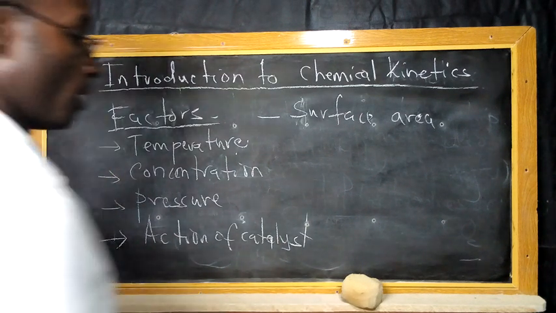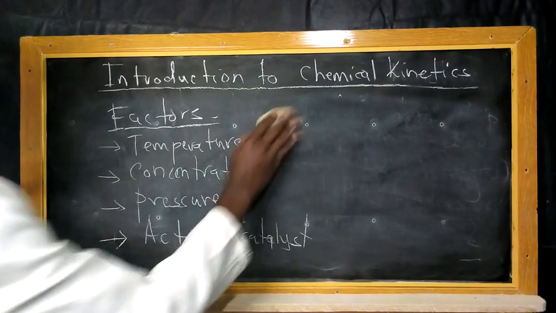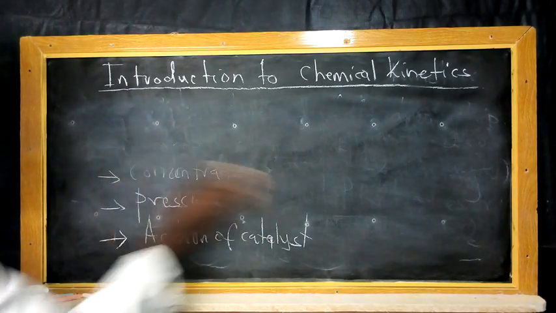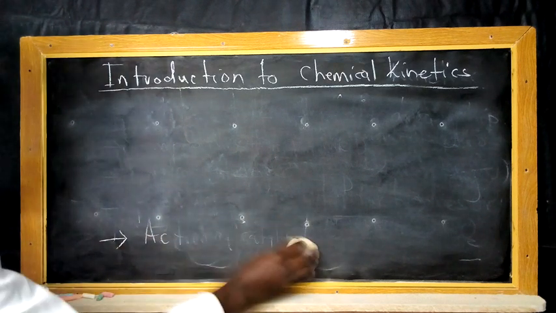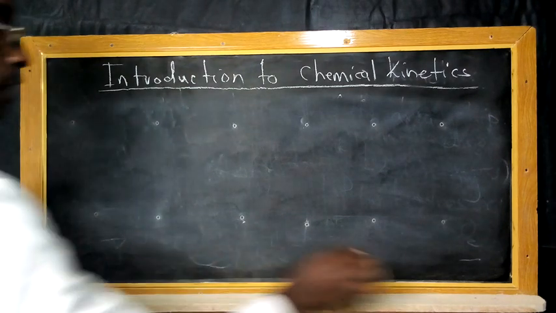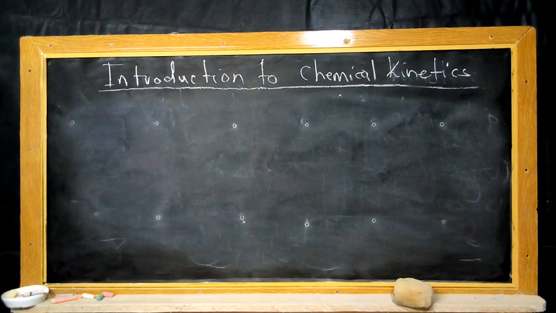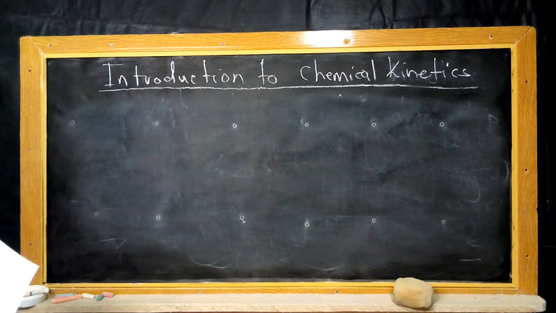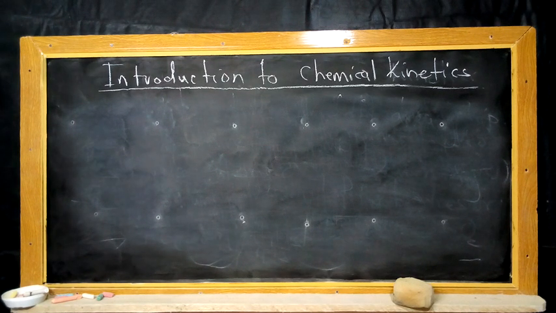And of course, as we have talked about, we mentioned an aspect of reaction mechanism, and we said that this is the step-by-step or elementary reactions which take place in order to form products. So chemical kinetics is going to give us a clue on why it is important to look at reaction mechanisms. And of course, measurement of the concentration is going to give us a clue on how these reaction mechanisms take place. Now, why is it important for us